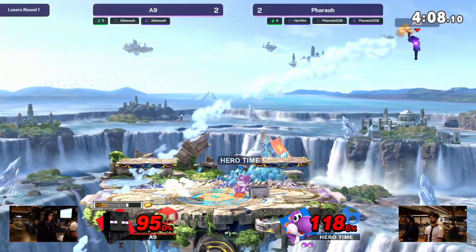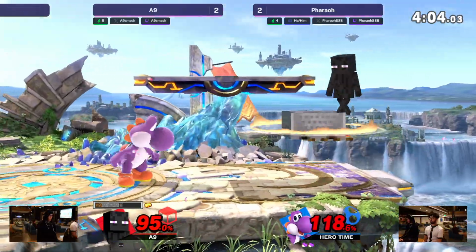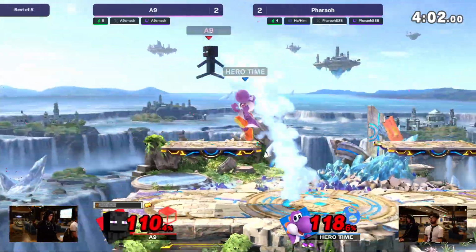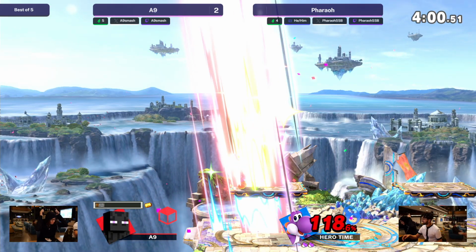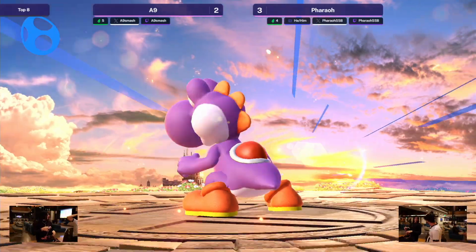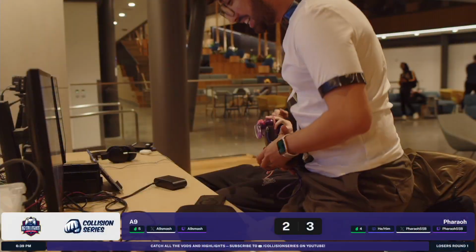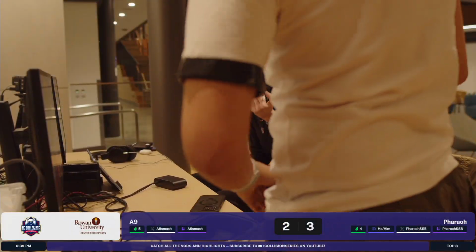A9 gets a side B, and I think Pharaoh already got the download of this match. He is just finding A9's playstyle. He's reading it all over, and we are gonna see the conclusion of this first hit set here. What a good way to end it. Pharaoh is continuing to lose his side. Yeah, and